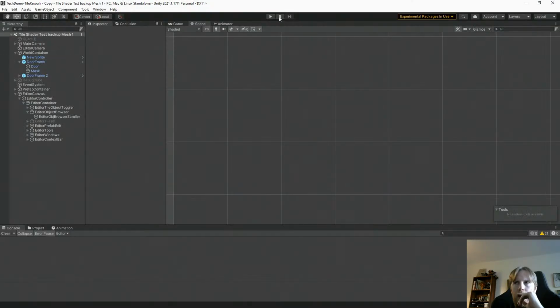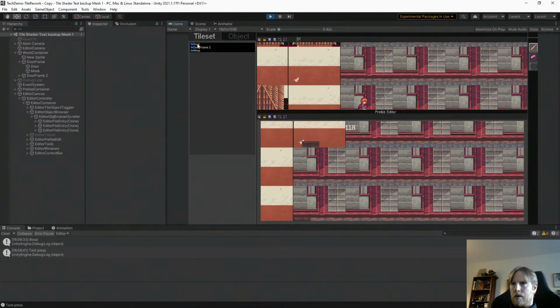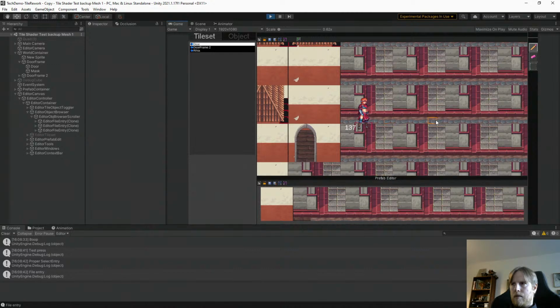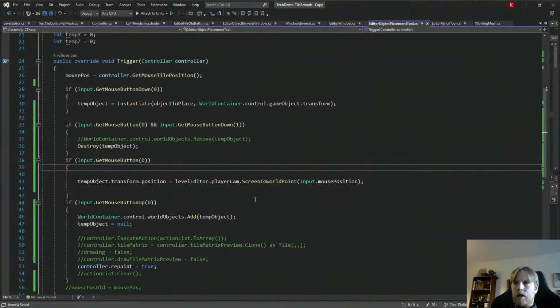It's kind of difficult to get the screen position to make sense when we're using scaled resolutions. Seems to appear relatively correctly, but this